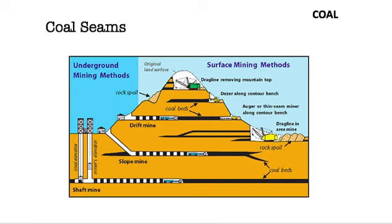Coal is sandwiched inside the earth in seams. So you could think of it a little bit like icing between the layers of a cake. It's usually in seams that are flat or angled somewhat because of changes in topography. But depending upon exactly where that coal seam is located, that determines the extraction method or how the coal is